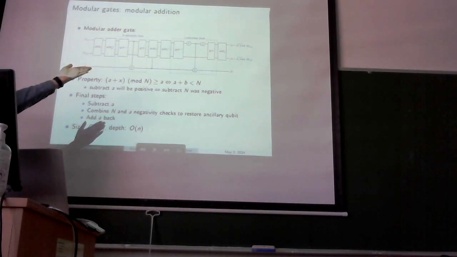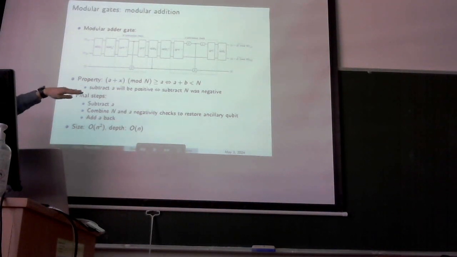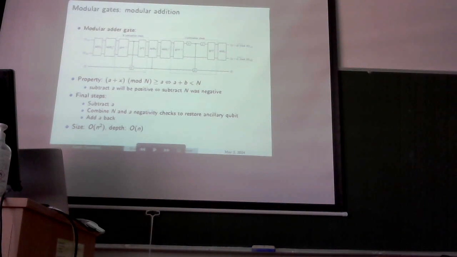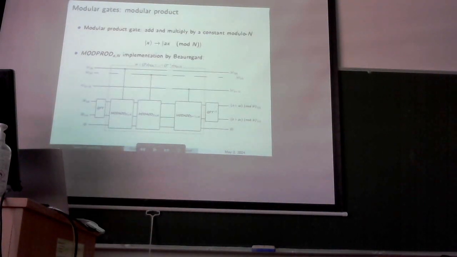Another mention: it also still works in Fourier space, which I denoted with this tilde notation. We could make a non-Fourier space version by applying QFTs and inverse QFTs at the start and the end, but since we are going to apply several modular additions followed by other modular additions, it is convenient to just leave them this way. And now from here we move to modular multiplication.